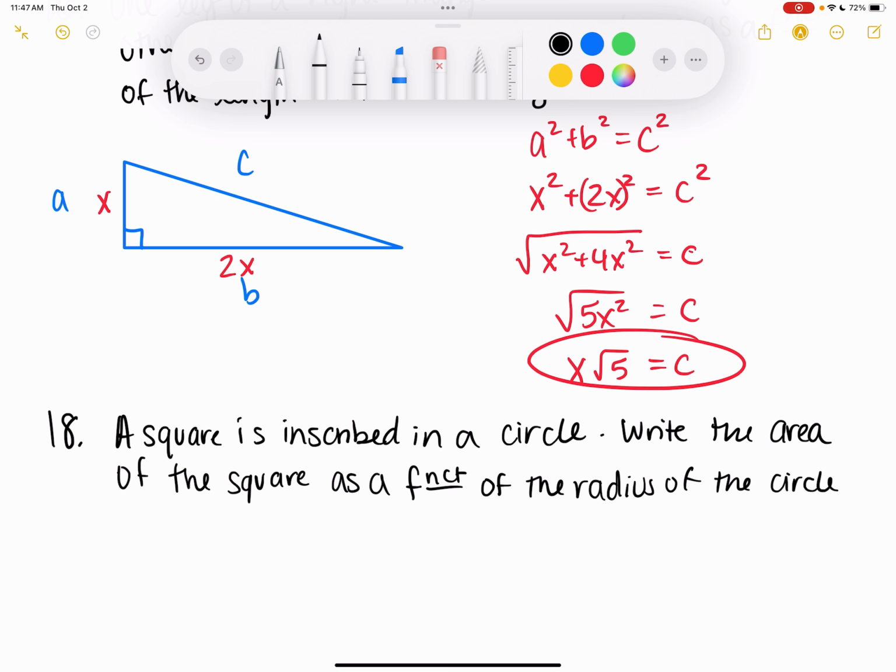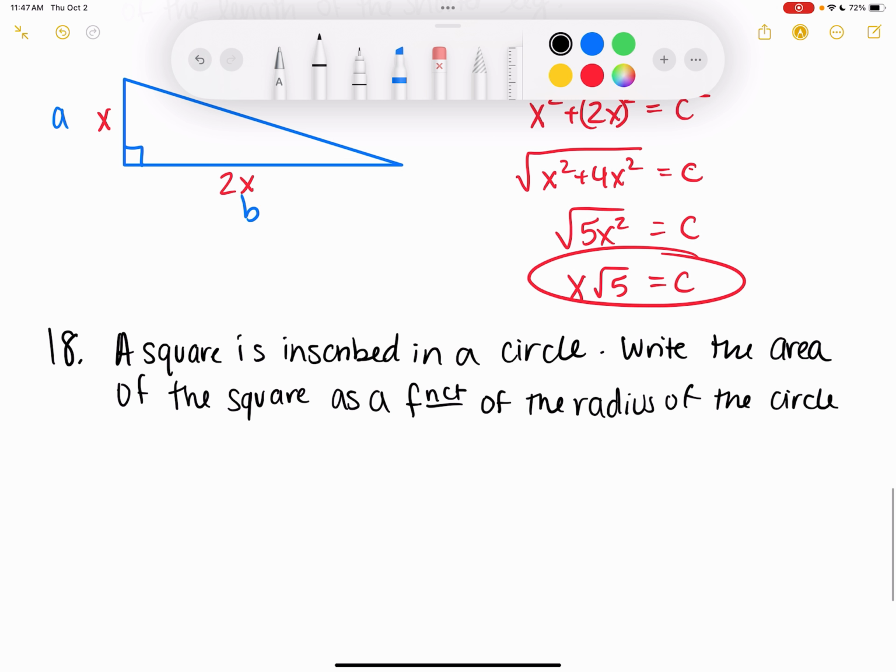So is this like the back side of the half inch? I mean, not really, but